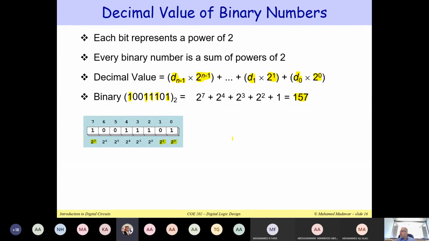Why did you skip zeros? Because 0 multiplied by anything is 0. Oh, makes sense. So 0 multiplied by 2 is 0. 0 multiplied by 32 is equal to 0. 0 multiplied by 64 is equal to 0. Of course, you can actually add plus 0, plus 0, plus 0, but this does not change the value of the decimal number. Therefore, we only have 2 digits in binary, 1 and 0. If it is a 1, you look at the weight of the 1. If it is 0, you simply add 0, so it does not change the decimal value of the number.